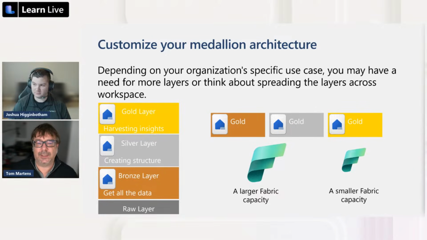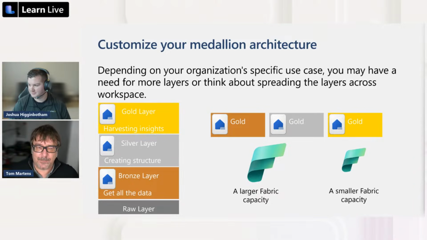Sometimes maybe it's also a good idea to place your layers on separate capacities. And this is very, very ugly because, of course, it's not gold. It's bronze, silver, and gold. I'm so sorry. I do not know how this could happen. I guess it's my wife's fault. She is not here, so I can blame her. So please excuse me. So the left one is bronze, the middle one is silver, and the right one, of